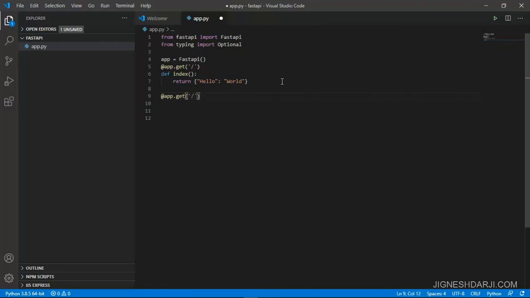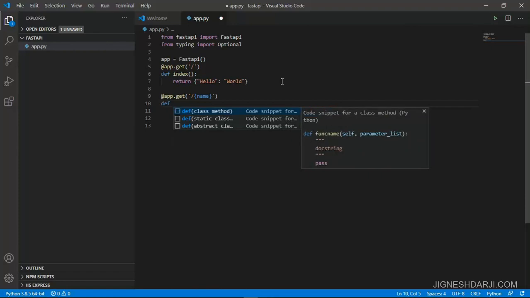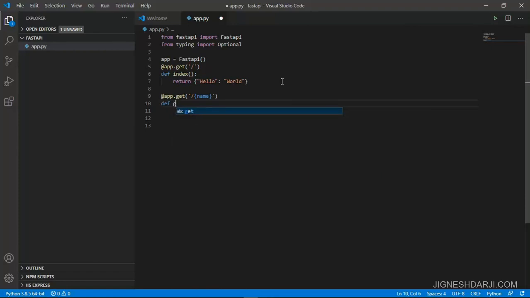After that we are creating another method related to our API, that is another get method along with some parameters. So I specify name as the parameter over here. So let's add some names over here, and let's create one function with the name of get_name, where we are passing name as an argument, and then return something like a print of the name that's passed by the user in the URL.